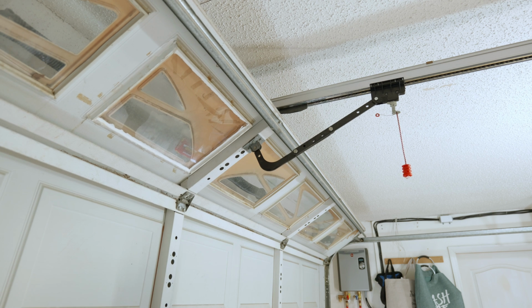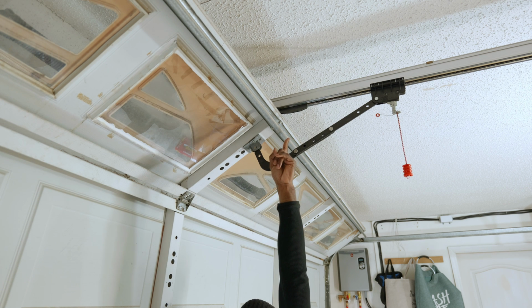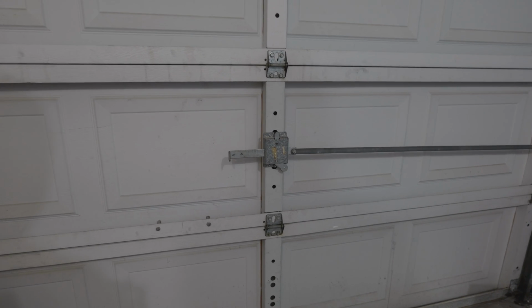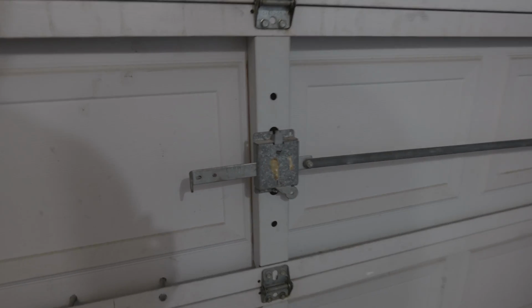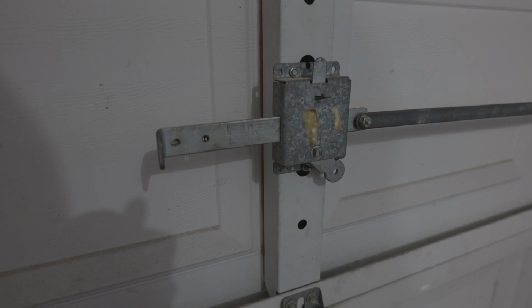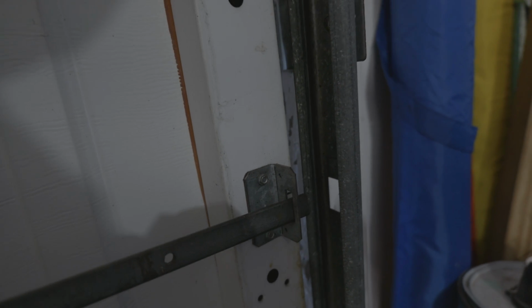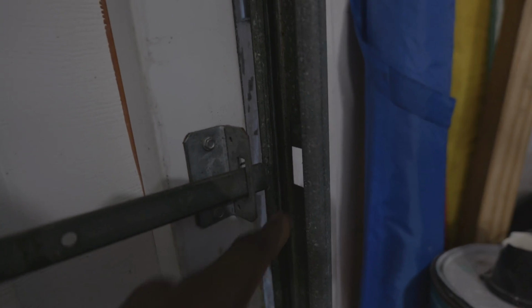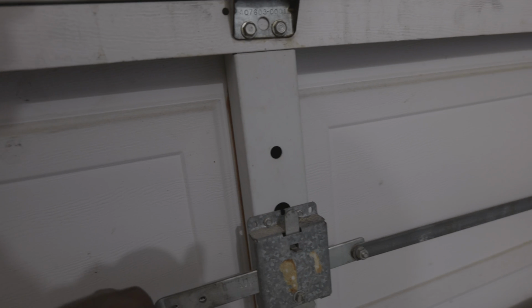Now after that's done, you want to make sure you close the door completely and lock the door in the closed position. So most garage doors will have a manual locking mechanism. This is the manual locking mechanism right here for my garage door. So if I wanted to manually lock my door, essentially I would just be pushing this rod right here down into that slot. It would go into that slot right there, and we would do so by operating this little lever here. So you would pull that or push it